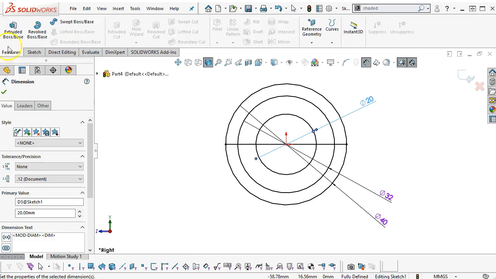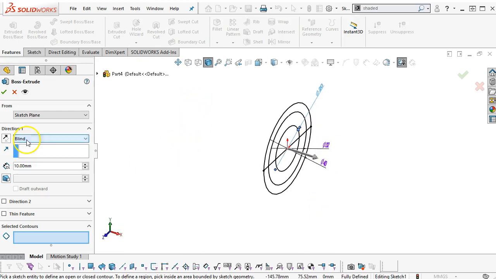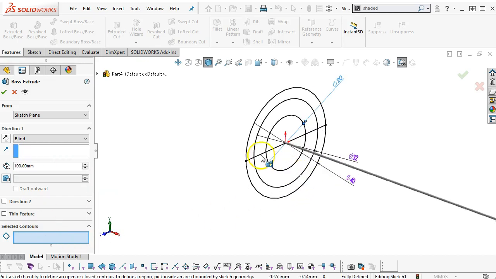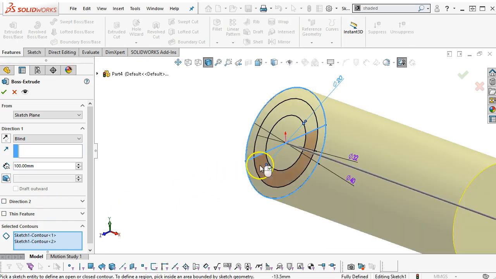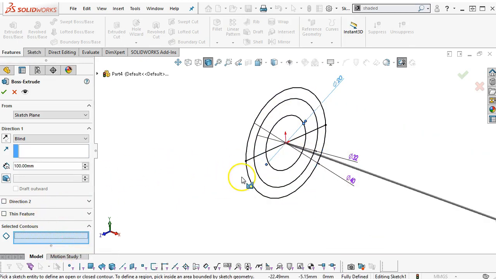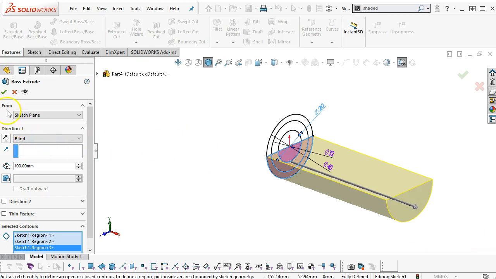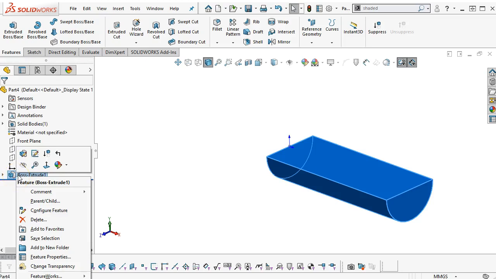Let's go ahead and extrude. And this is going to be a blind in condition to a depth of 100. Alright, so it still jumps into the thin feature, selecting that single line. So let's just clear selections, make sure it's all cleared. Everything's going to participate, so I'll grab the 3 regions. And blind in condition. Going to add